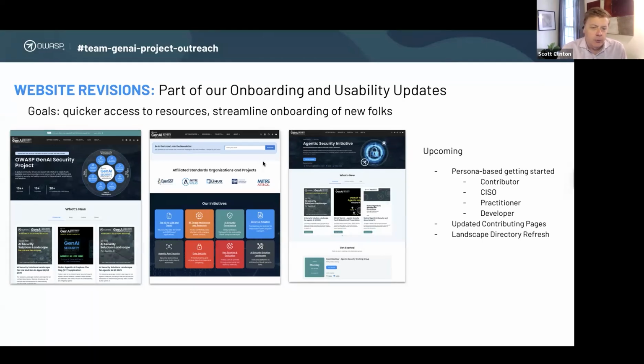The other part is the onboarding. We've also made our initiatives more visible, and each initiative is going to get its own dedicated page, which will help make sure that when people start engaging with the initiatives, they know where the meetings are, where all the Slack channels are located, the latest resources, and who to contact. So each initiative we have is going to have its own page. That's hopefully going to make it easier for people to participate and navigate around both the new stuff and also how to contribute.